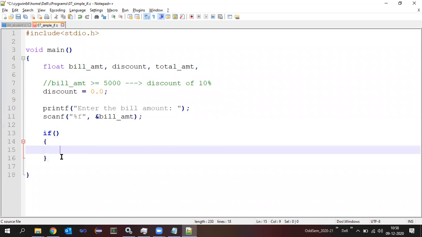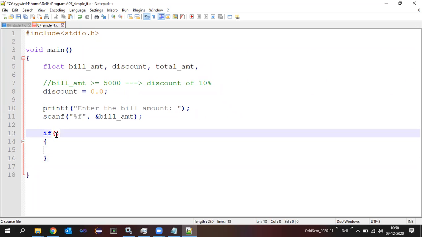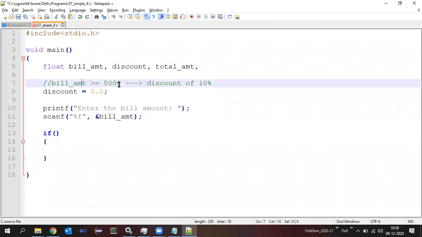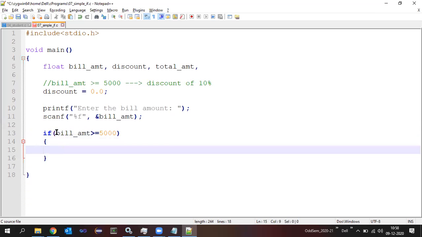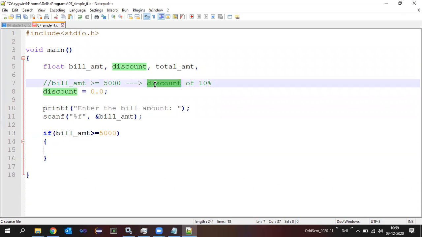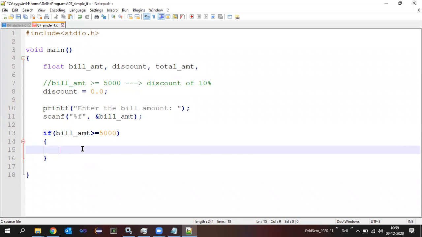If a certain condition is true, I will write its corresponding block. So this is the true block. What condition do I have to put here, that I need to decide. What the shop owner has said: if the bill amount is greater than or equal to 5,000. So I will write the condition as if bill amount is greater than or equal to 5,000 rupees. If it is, then what has to be done? The shop owner has to give a discount of 10%. Discount of 10% means what? So the discount now will become